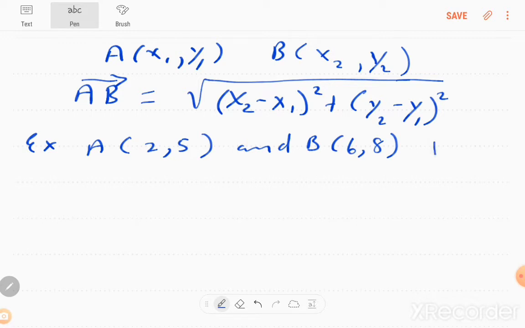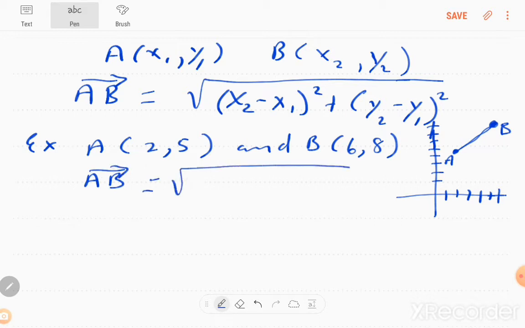So if you were to plot these 2 points, A would be somewhere around here. Okay, so if A is here and B is over here, then the distance between these points, so AB,